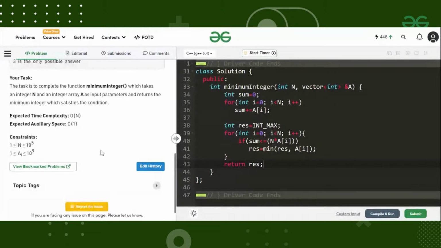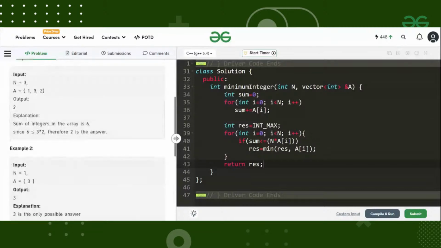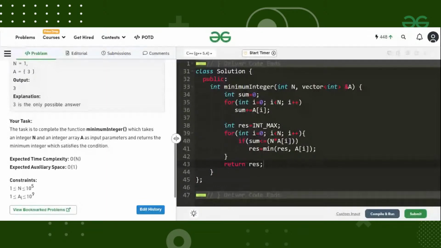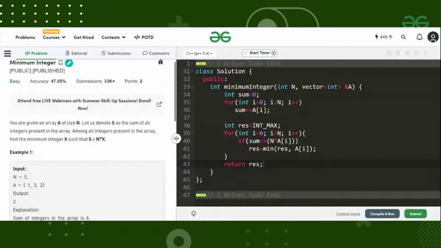So if we see the question, according to the question, as we can see here, they are always expecting an answer, right? There is always a value of x that will satisfy the condition, because it is not mentioned there that you need to return anything such as -1 or any value like that if the condition is not satisfied.